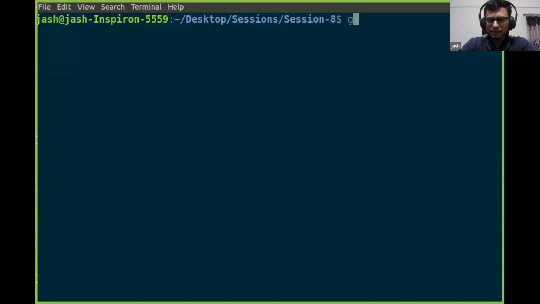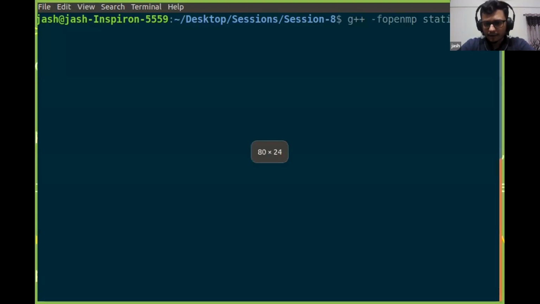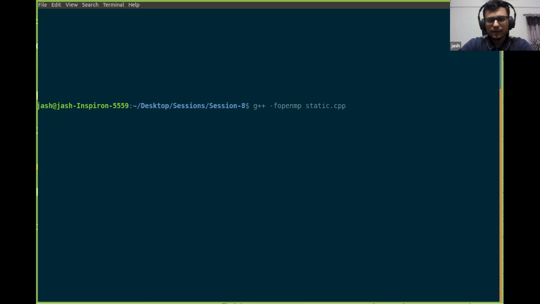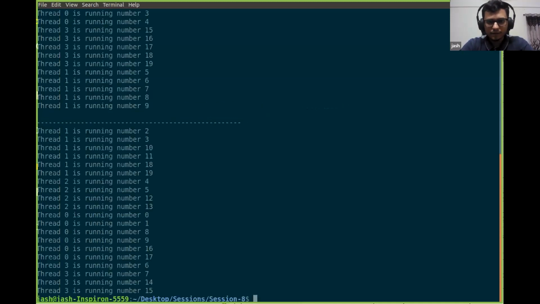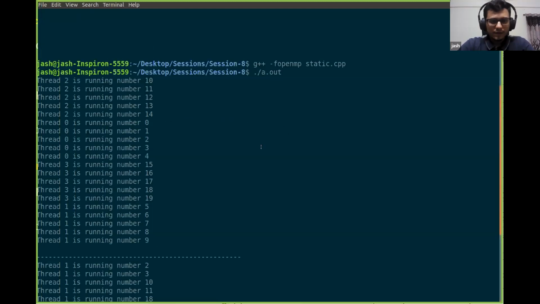Let us do g++ -fopenmp static.cpp, and once it gets compiled, let us run it with dot slash. Okay, so this is the output.